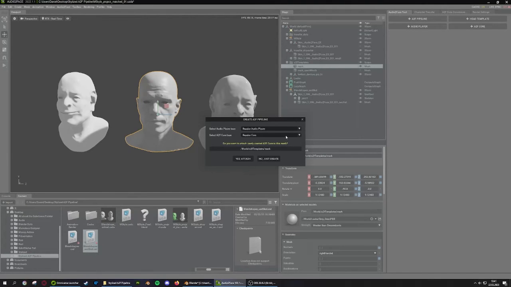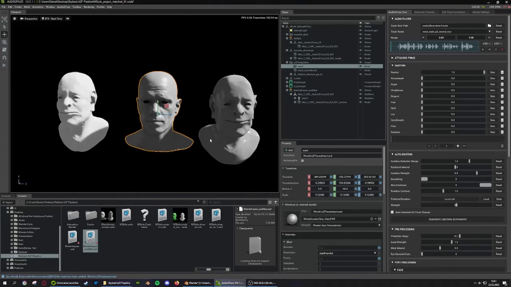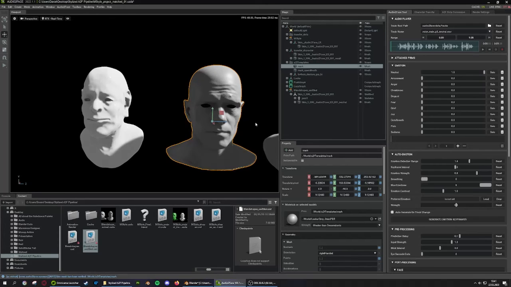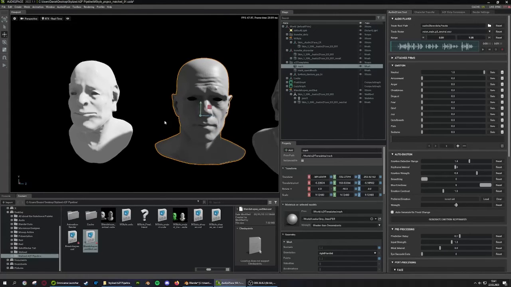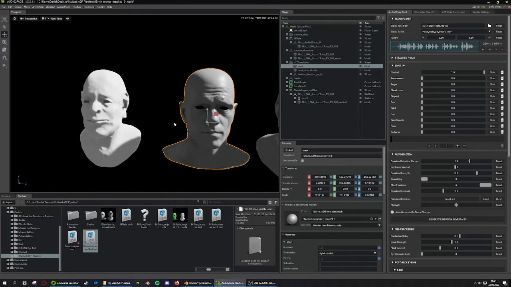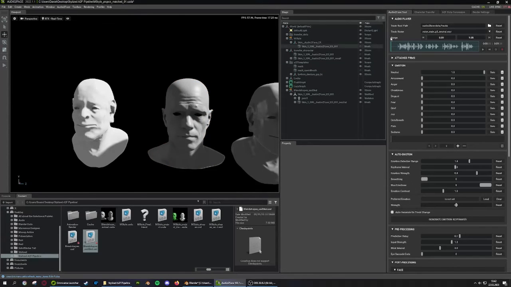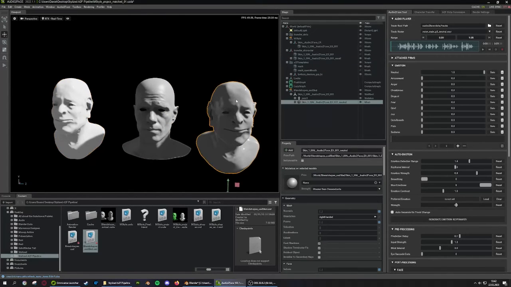So if we choose a regular audio player, not a streaming one, we need a regular core, or we can go for full face core. I will go for full face because there are more options for emotions. And yes, attach. So as you can see, now the faces have changed. They can now play audio, and now you have your first character animated point by point, and because it's mesh fitted with this, now we have to hook up this and this,